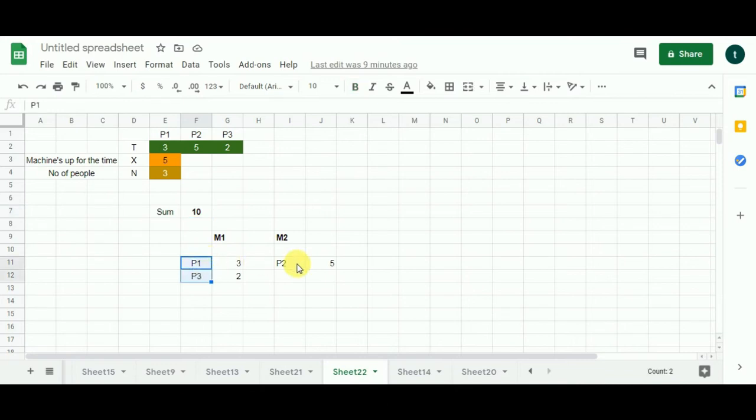In this case, it is just P2. But the point I'm trying to make is that if I find the maximum combined time for the first machine, which also has the allowable time limit as 5, then using that sum and this final sum, I can get the maximum combined voting time of the remaining individuals.